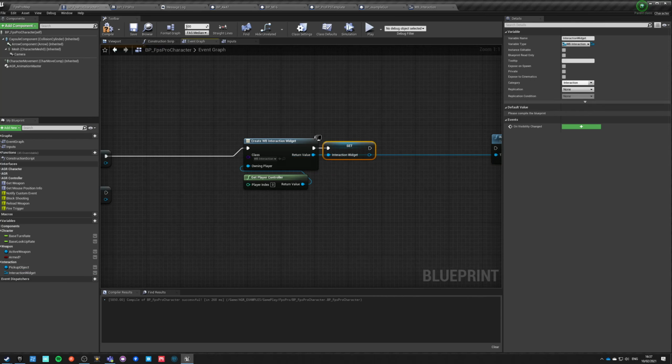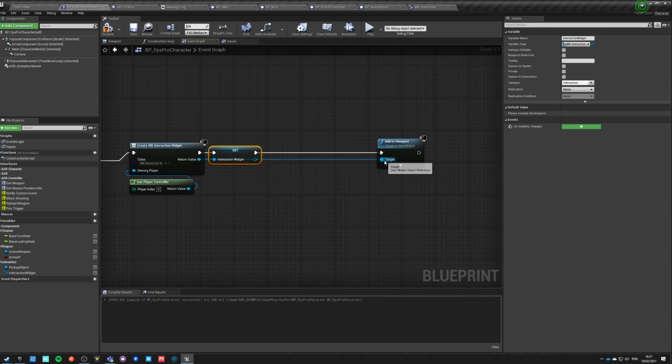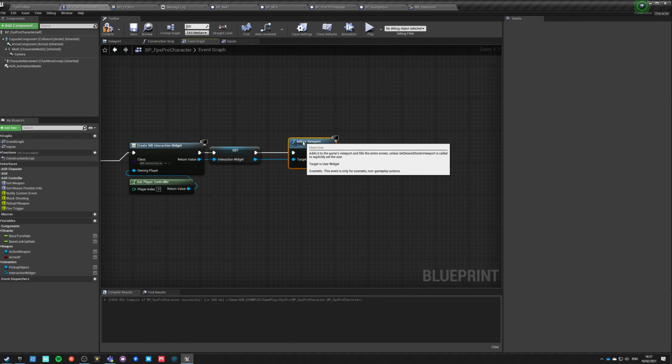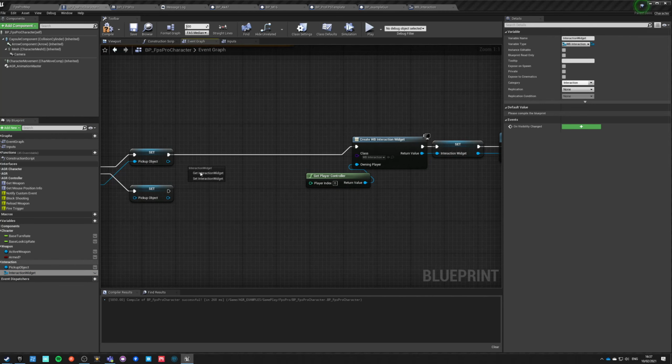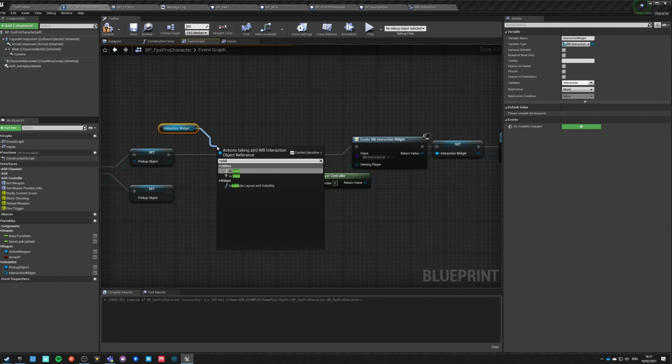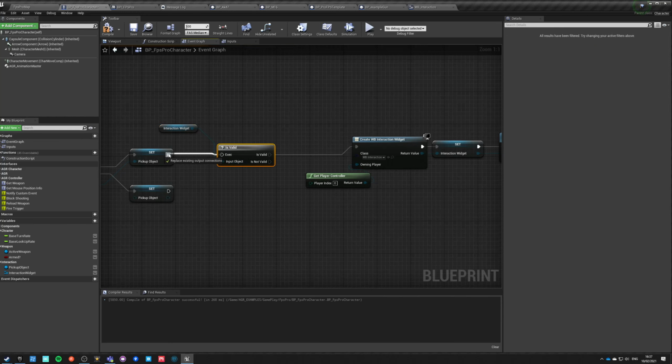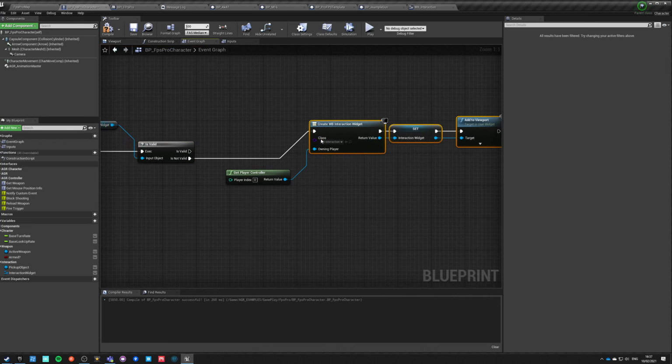So we are setting this as interaction widget, and then the interaction widget is getting added to viewport, but this happens only in two conditions. First of all, interaction widget, if it is not valid, then we create it and add it to viewport for sure.